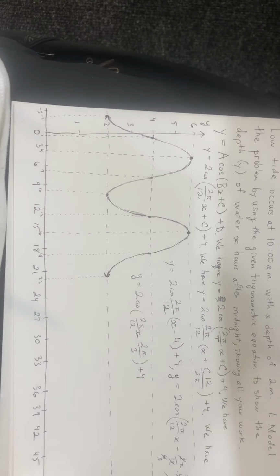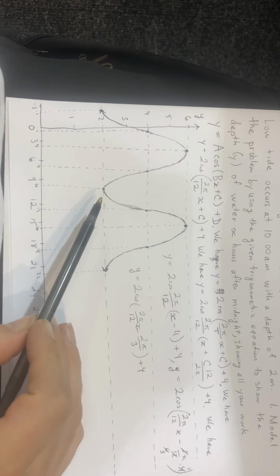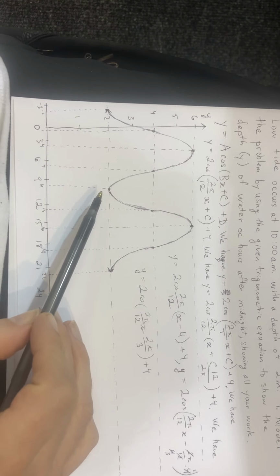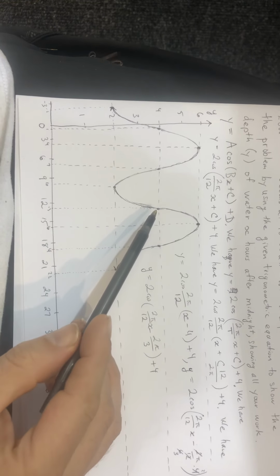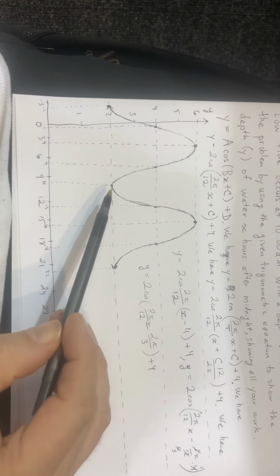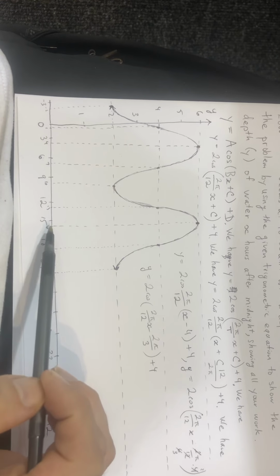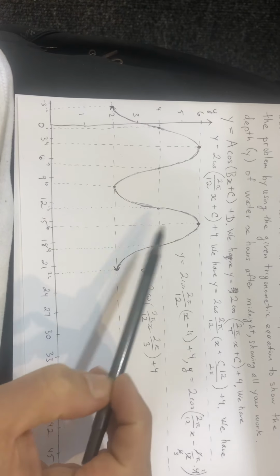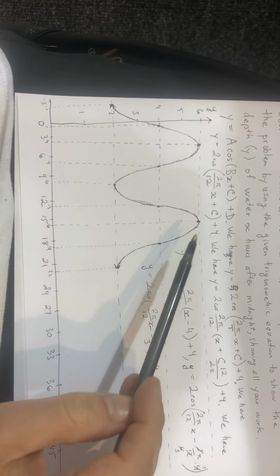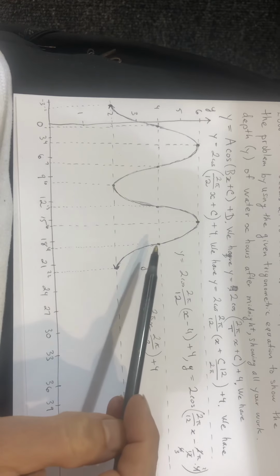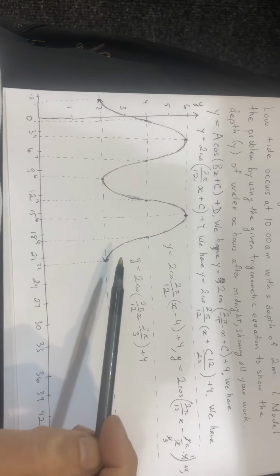So we want to add 3 units horizontally here, so 10 plus 3 is 13. So we get this dotted line here, and we get this point. And then we draw a nice smooth curve. Then we add 3 to 13 and get 16. Draw this dotted line, get this point. Then we add 3 to 16 and get 19, got this point. Then we add 3 to 19, get 22, get this point. And we connect them with a nice smooth curve. Alright,